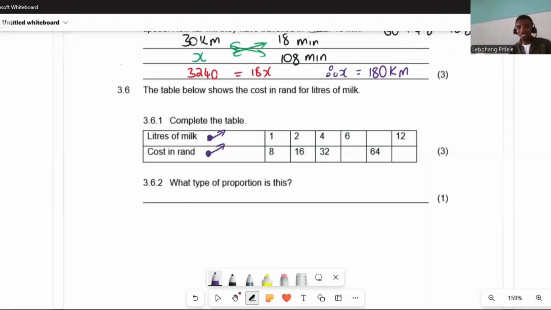But I hope you guys understand. If ever they're going in the same direction, if they're both ascending, they are direct. Even if they were both descending, they will be direct. But when one is ascending and the other one is descending, it means they are indirectly proportional or inversely proportional. For instance, in this question, they're asking us, what type of proportion is this one? It is direct